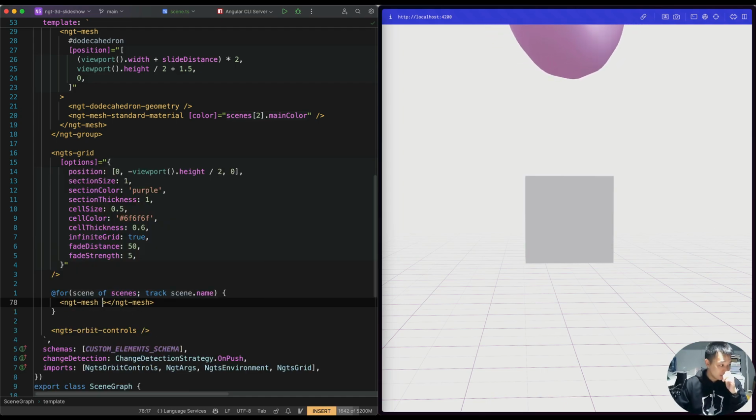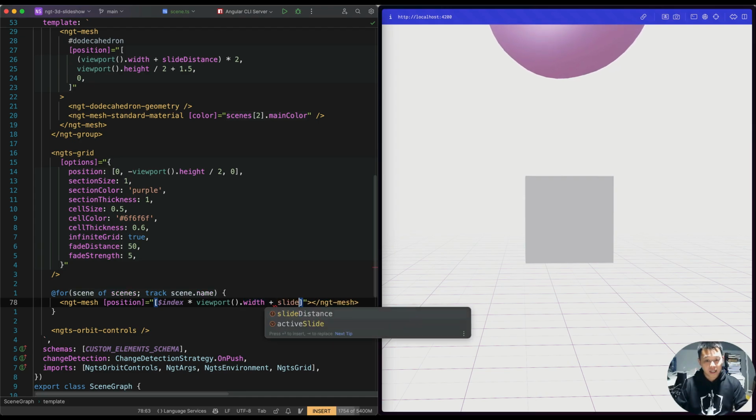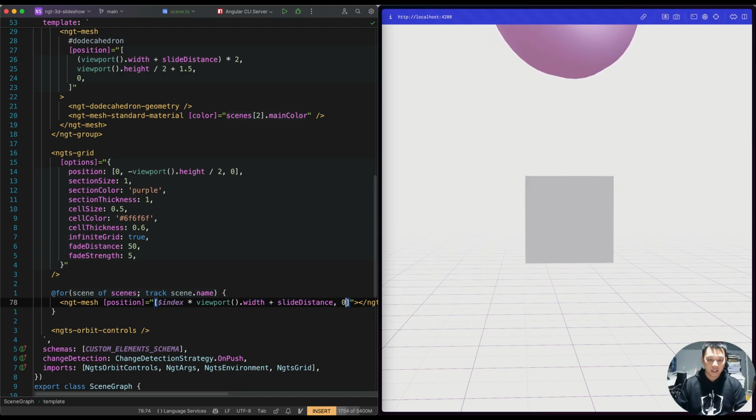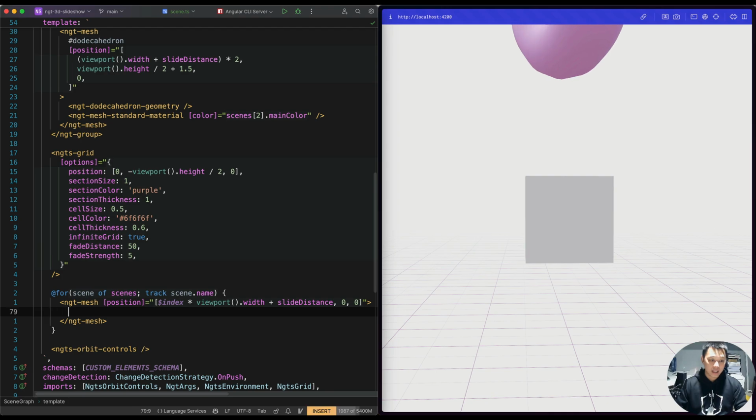So ngt-mesh, for the position, we're gonna say it's gonna be the index times the viewport width, pretty similar to the object, plus slide distance, and that's it. And then we have the plane geometry with the dimension of the viewport. So it's going to be viewport.width,